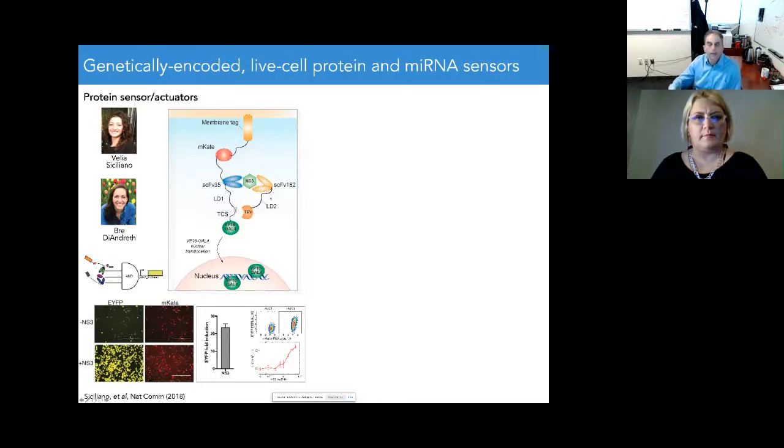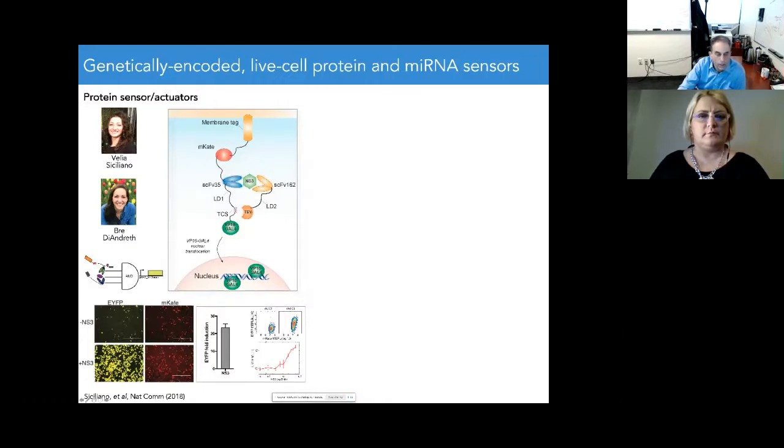And the point is that when NS3 protein is present, it brings together these two chimeras, and as a result of that, one chimera cuts the other one at this TEV cleavage site, and releases this transcription factor, which goes into the nucleus of the cell and can activate expression of whatever gene we want to activate. So whenever NS3 is sensed, we can have a sense and respond mechanism.